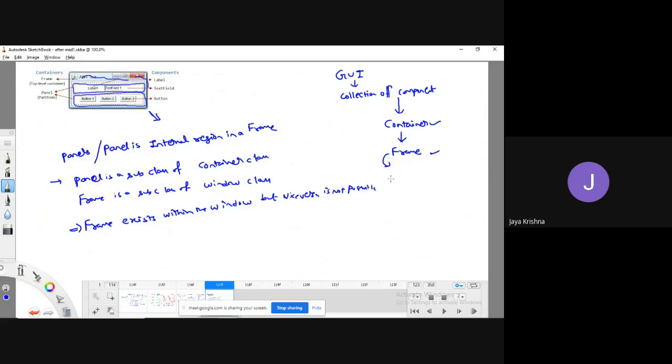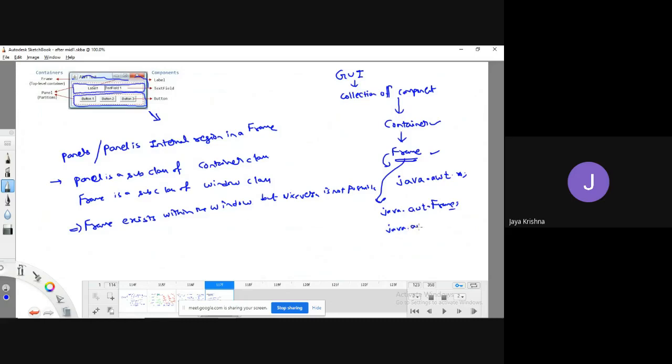Yes. So, what is the general package of all this AWT? java.awt. For a specific class, if you want to work with frame, java.awt.Frame class.